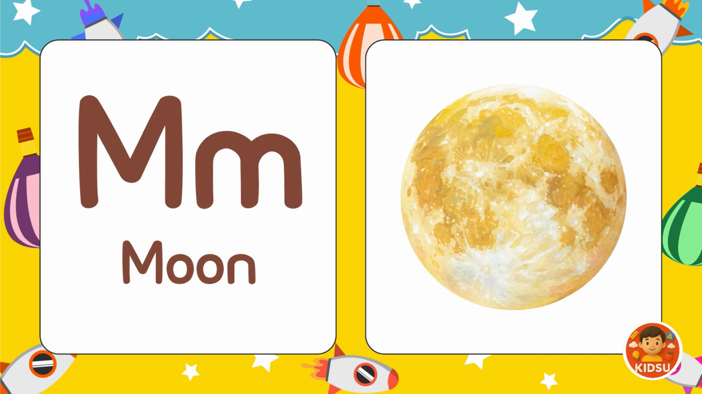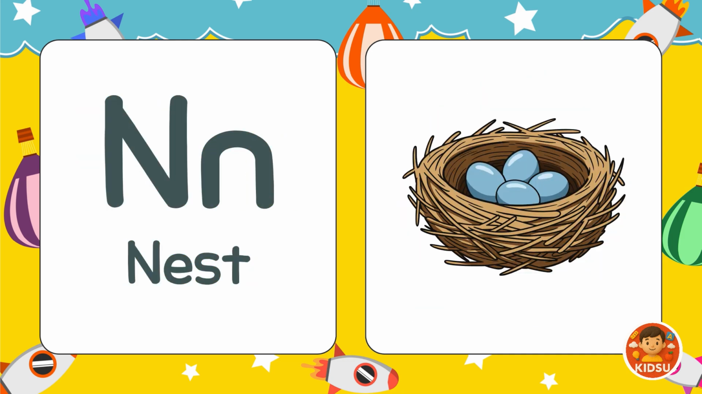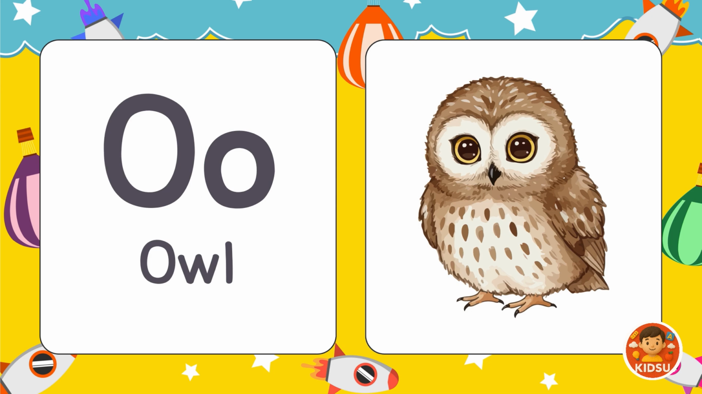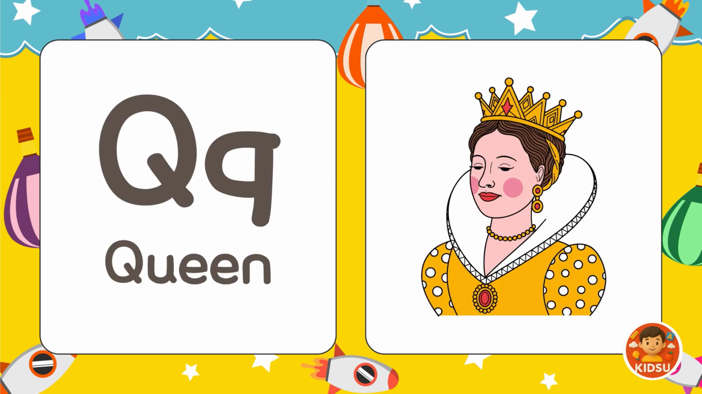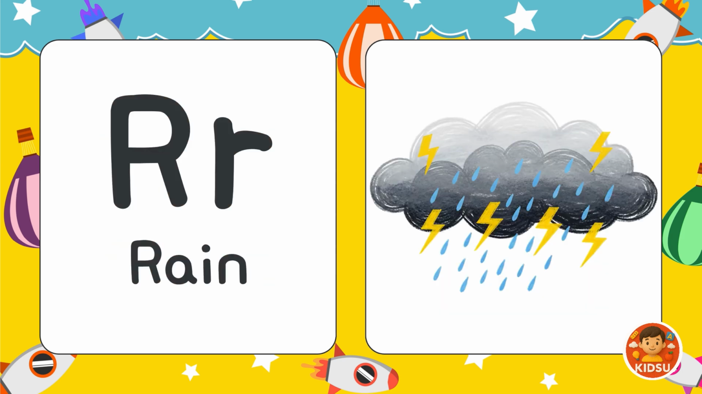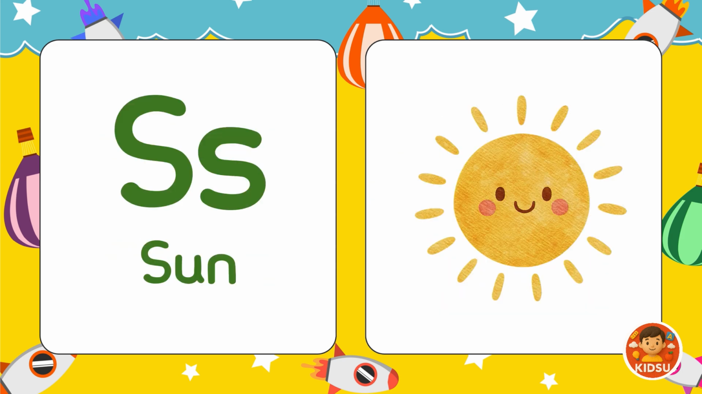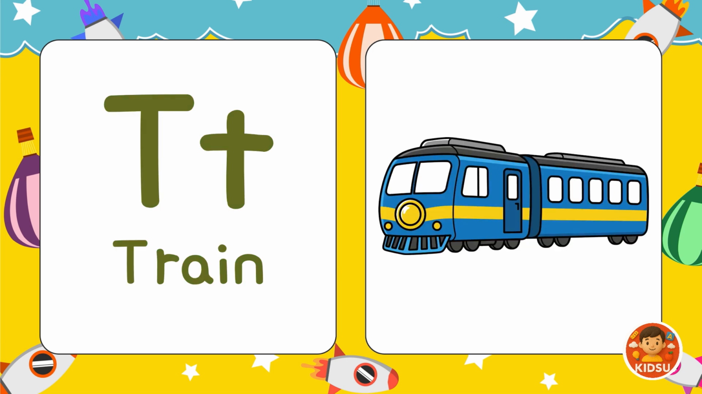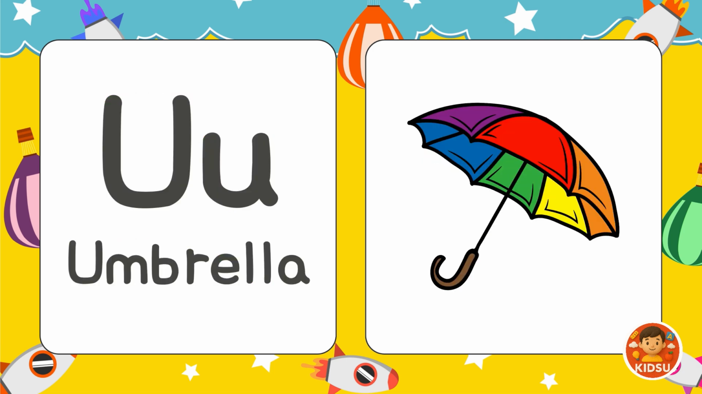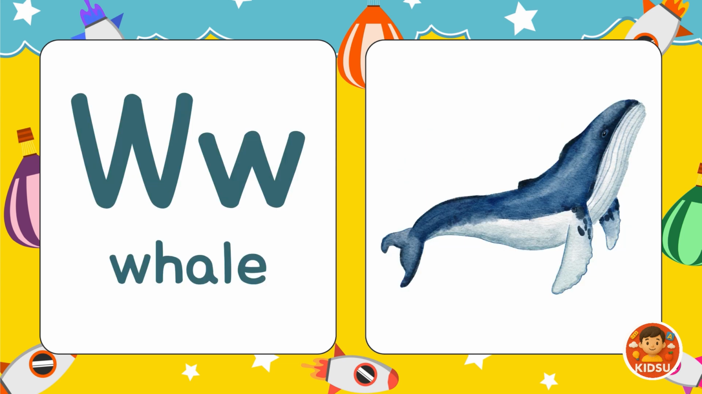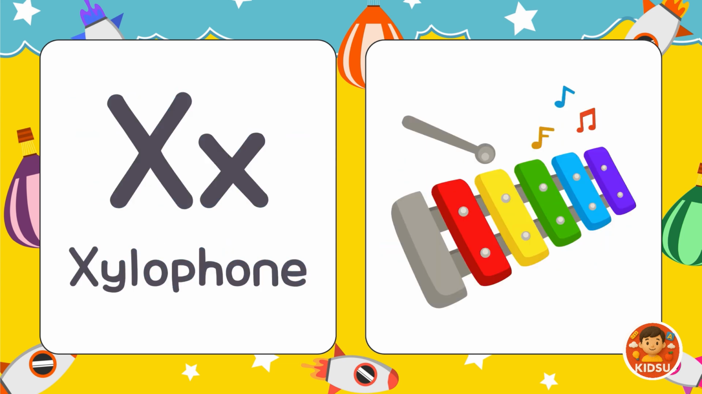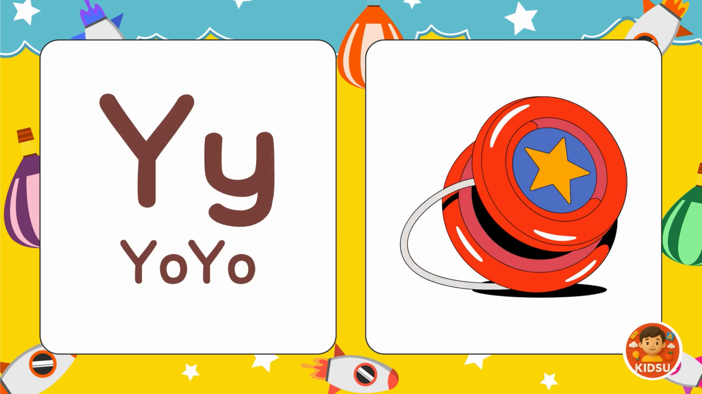M is for moon, N is for net, O is for owl, P is for pet. Q is for queen, R is for rain, S is for sun, T is for train. U is for umbrella, V is for van, W is for whale, X is for xylophone, Y is for